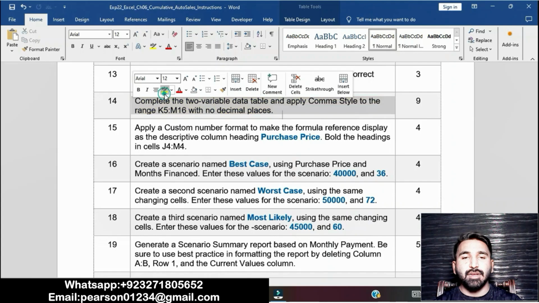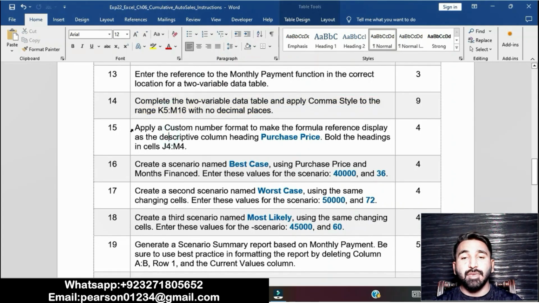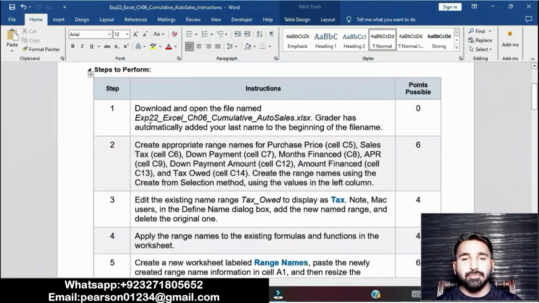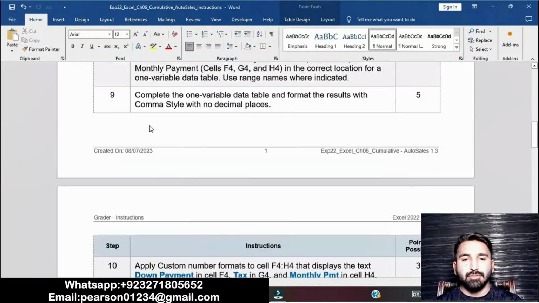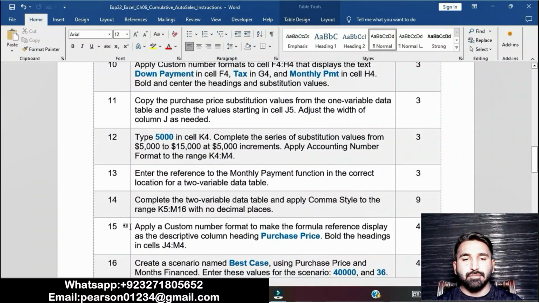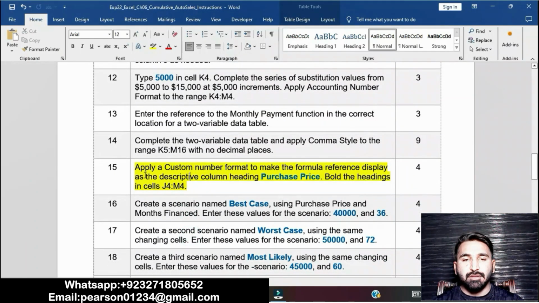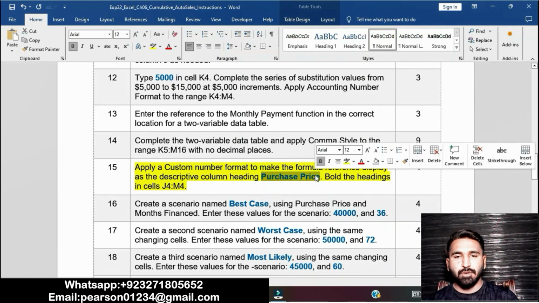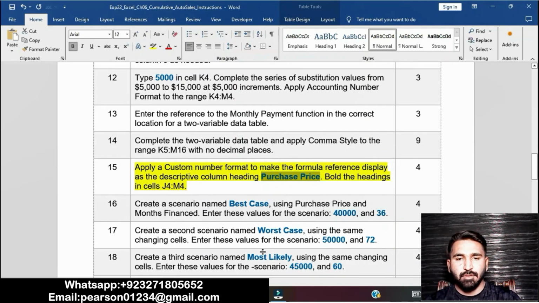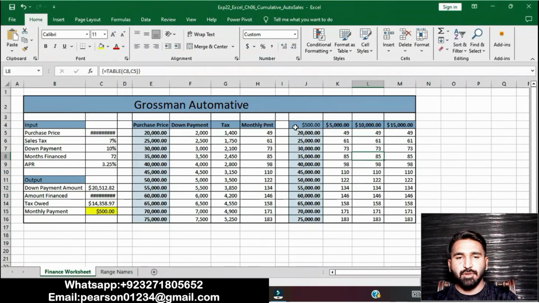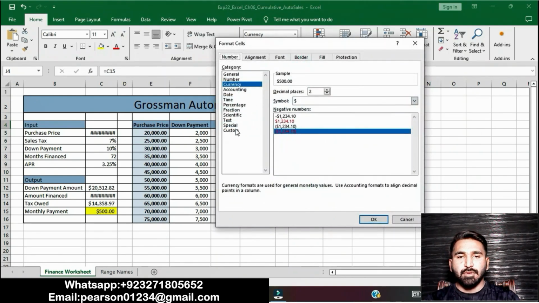Step number 15 is to apply a custom number format to make the formula references display as descriptive text. Apply custom format to make the formula reference display as purchase price. Go to J4, go to the Number group, Custom.